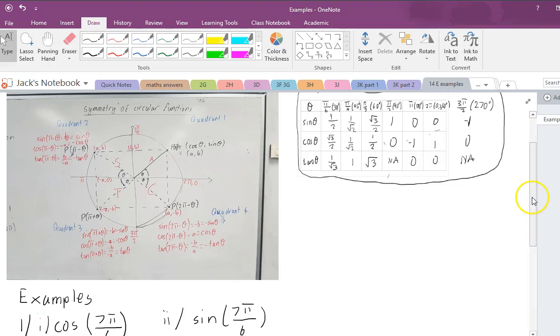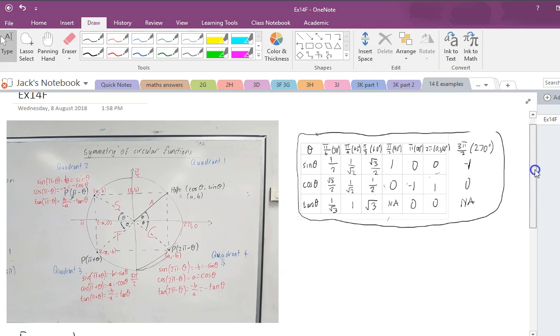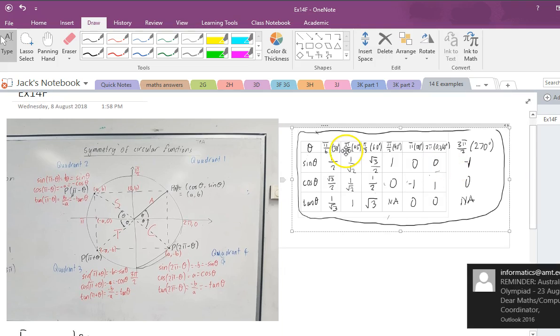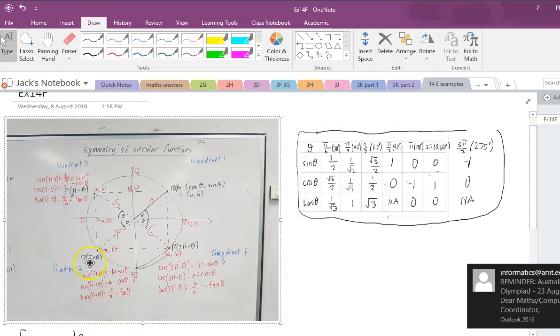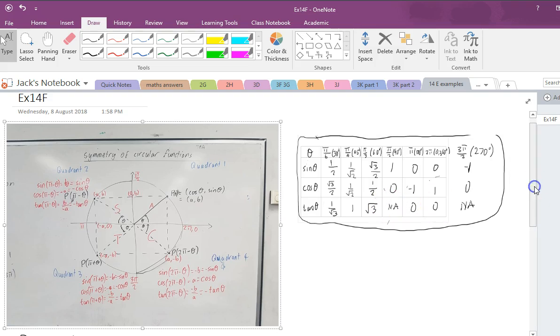Hi guys, so what we're looking at here is a few examples to help you with exercise 14F, which you'll be covering today. So this is connecting our table of exact values, which is very important, and of equal importance is our big picture of what a unit circle looks like. Specifically, the reference angles in each of these quadrants are going to come in real handy here,